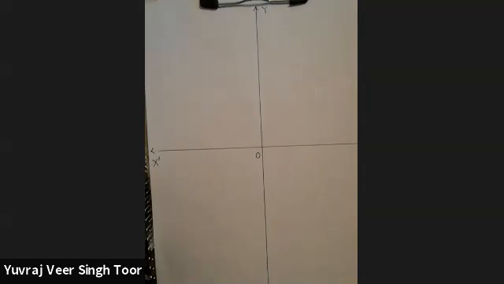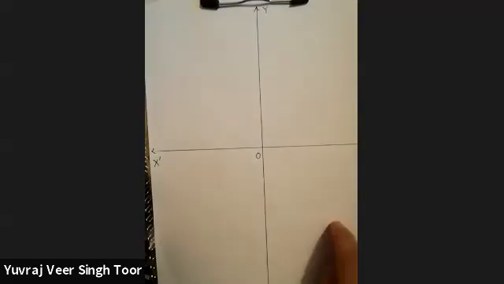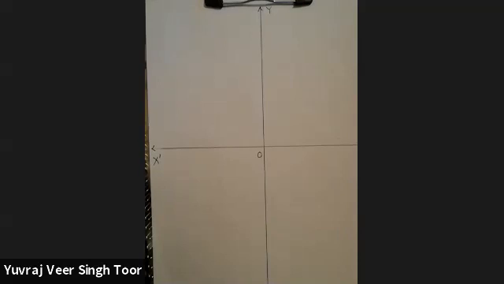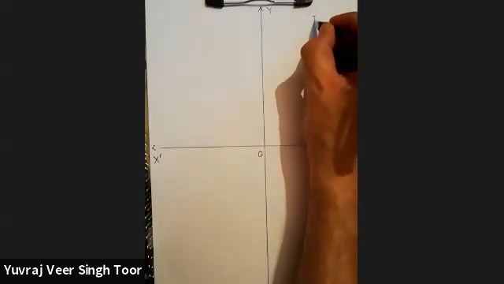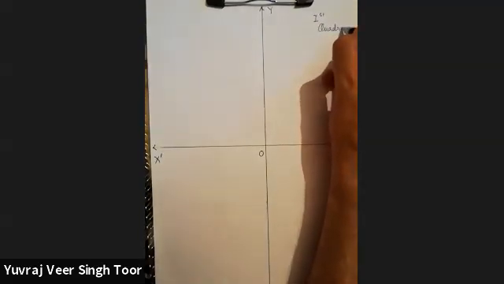These 4 parts are also termed as quadrants. So each divided zone is termed as a quadrant. So these axes divide the plane into 4 quadrants. We refer to this as the first quadrant,